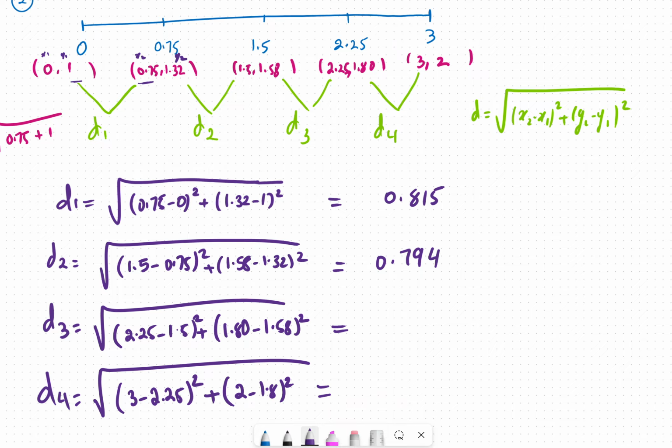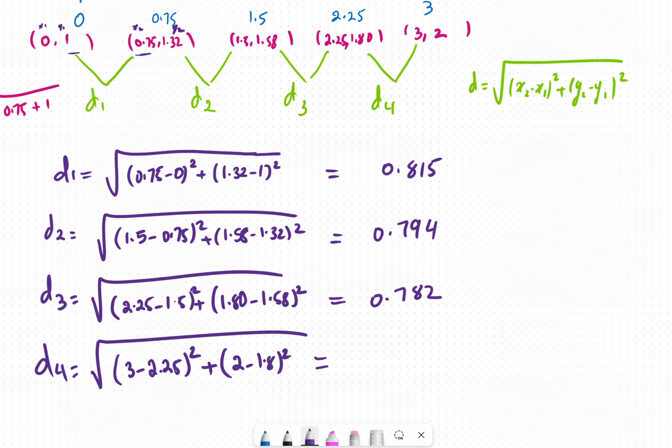The next one is going to give me 2.25 minus 1.5 squared plus 1.8 minus 1.58 squared, that is going to be 0.782. Now finally the last one is going to be 3 minus 2.25 plus 2 minus 1.8 squared,